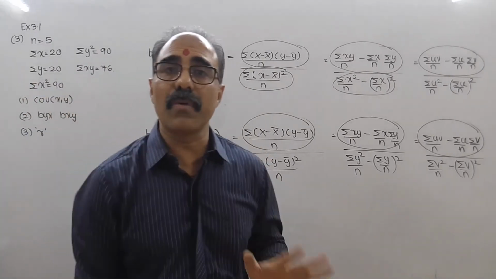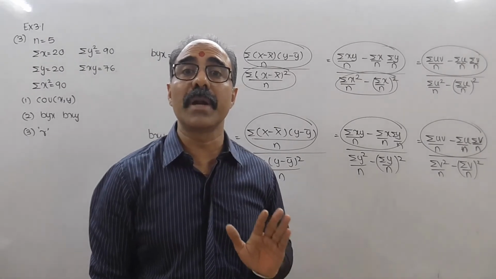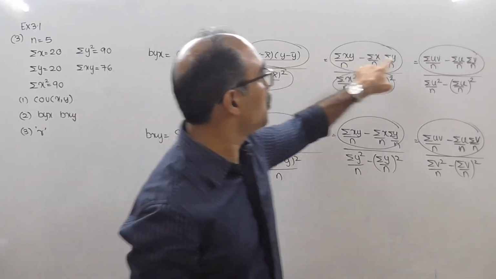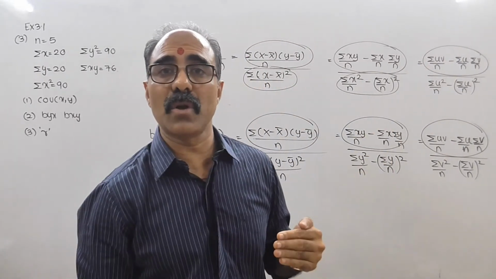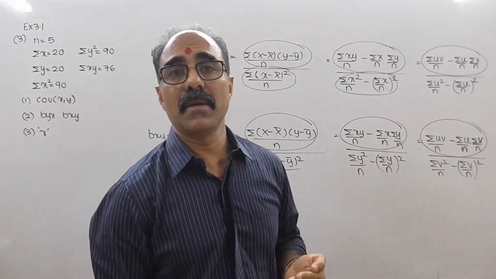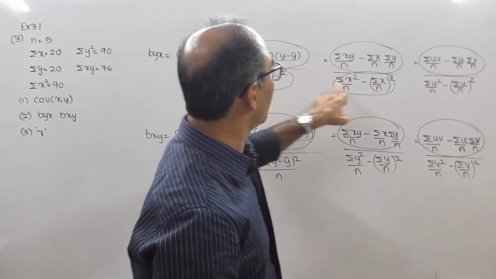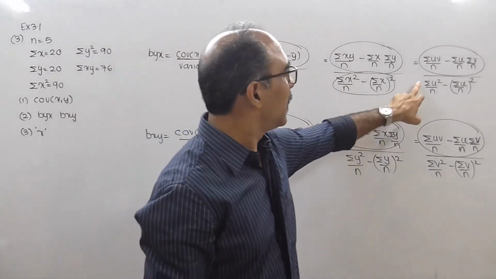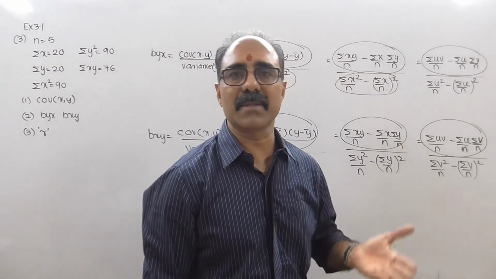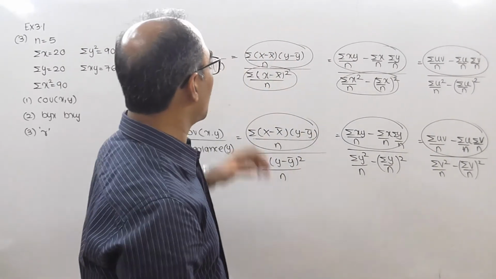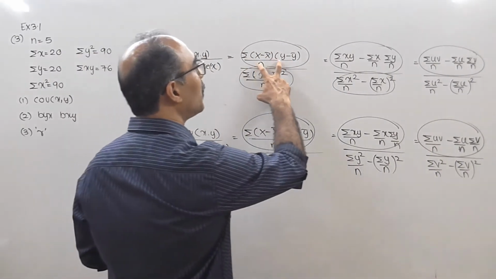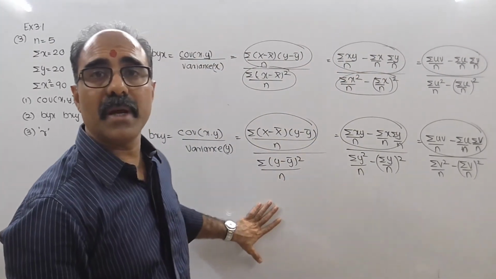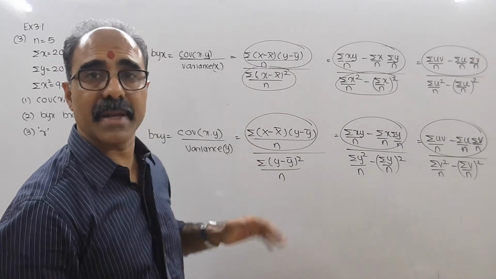So the meaning of covariance of xy is nothing but the numerator of the formula of any of the three formulas, 1, 2 and 3. Denominator is always the variance. If it is variance of x, everything will be in terms of x. If it is variance of y, everything will be in terms of y. Ignore this u and v for the timing, I'll explain it later. So now what we have generalized is, the numerator is covariance of xy, and the denominator will give variance of x or variance of y.